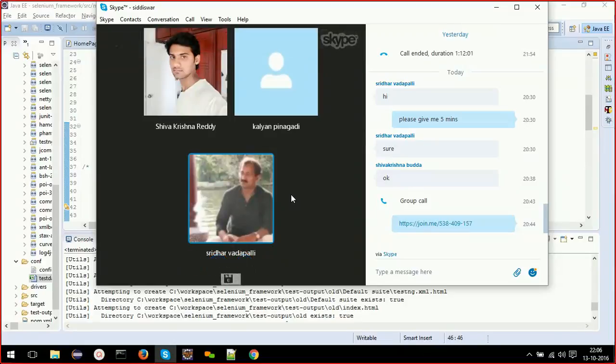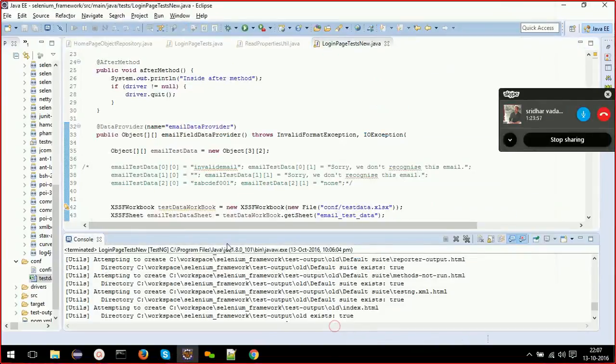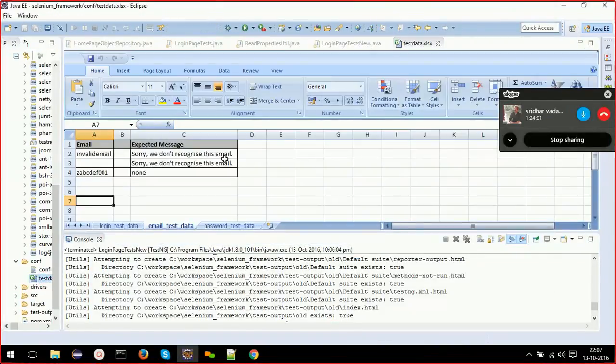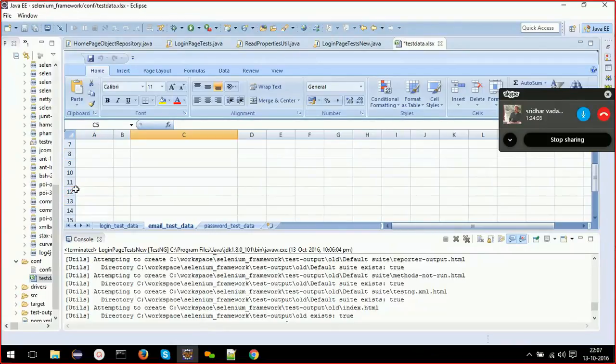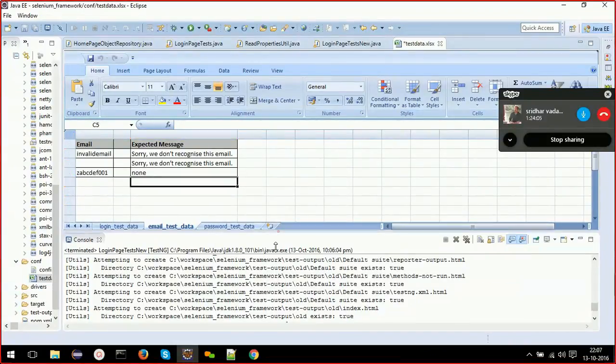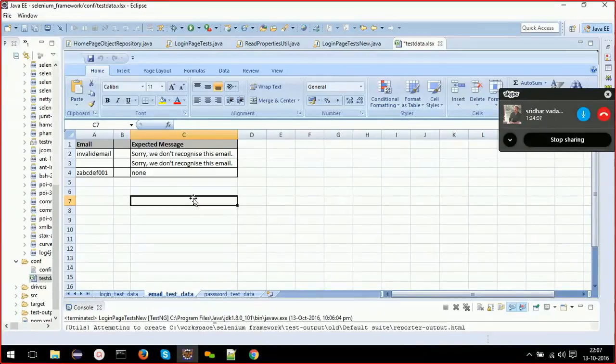So this is how we read data from Excel files. In this case we just took the example of 3 rows only. But if you give 100, your test case will get executed 100 times with 100 sets of data. Suppose there is a sign up page and you want to create 100 accounts, suppose in the sign up page there are 10 fields,